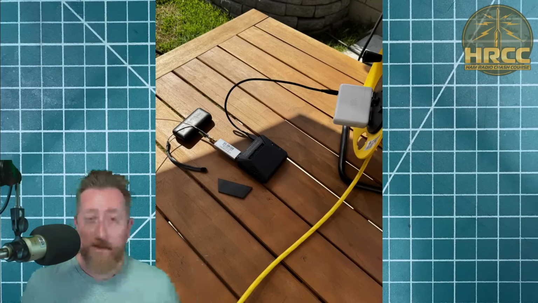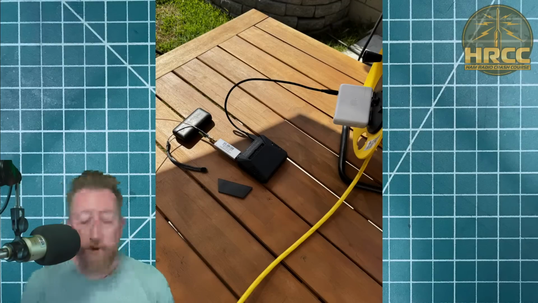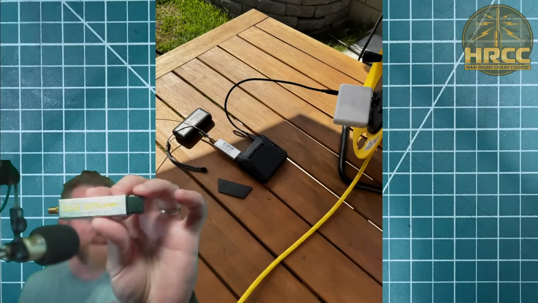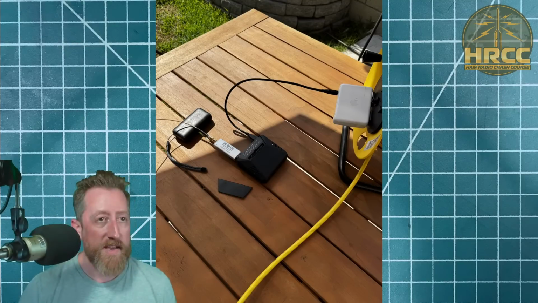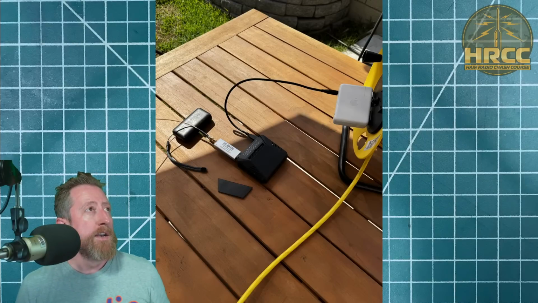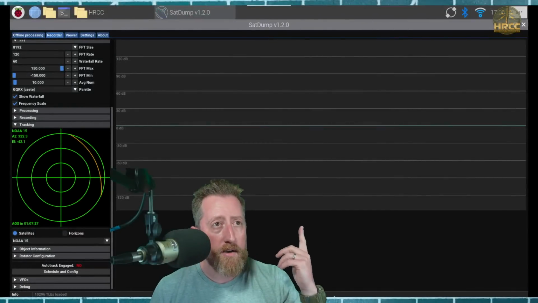Now, that's all it is. It's an RTL-SDR dongle, which I have linked in the video description. A NOAA SDR device is going to be just fine if you want to use that instead. One of the ones I've talked about in the past. I just had the RTL-SDR out on the table, so I threw it onto my device and set it up in the backyard. Now, I'm running a fresh copy of Raspberry Pi